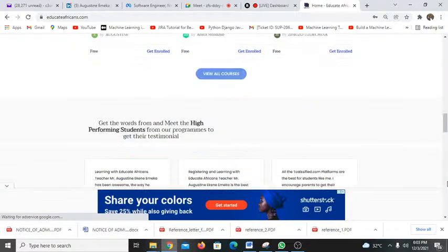When you scroll down, you're going to see the lectures, but it's always good you scroll down and click on view all courses so that you'll be led into where you have all the courses that you want to prepare with for your JAMB and your WAEC. We normally start our lessons very early because we don't want people to be rushing towards the exams. So we start very much in time, and that's why we've started already. So please make sure you're joining the classes as they come so that you can get everything.